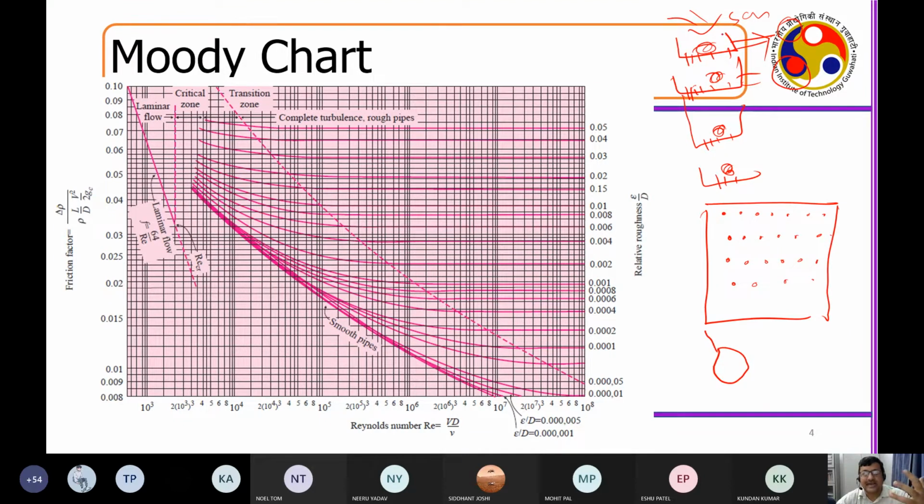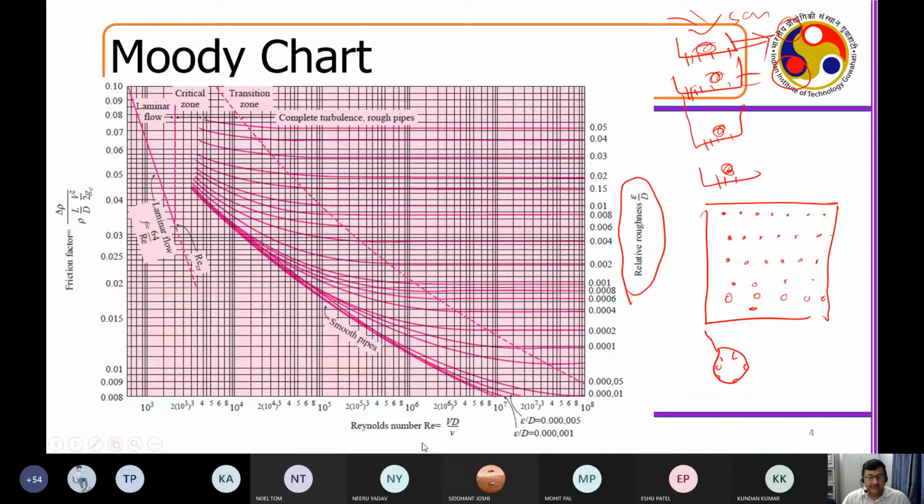So initially he took sand particles of different sizes and then graded them into different classes. These classes he grafted on the surface of the steel before rolling them into a pipe where the surface had different types of roughnesses. Then, based on the diameter of the sand particle relative to the diameter of the tube, he defined the parameter called relative roughness. And then he started flowing the fluid at different velocities in order to create the plot where this y-axis is friction factor, this x-axis is Reynolds number.